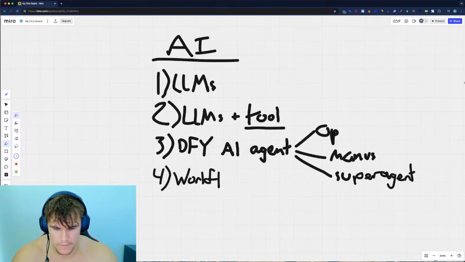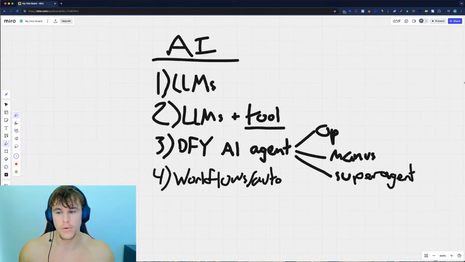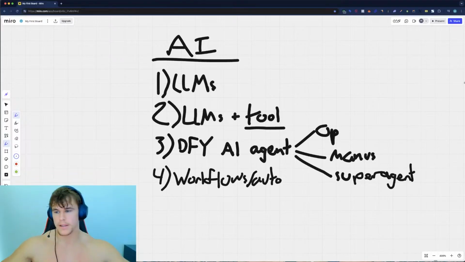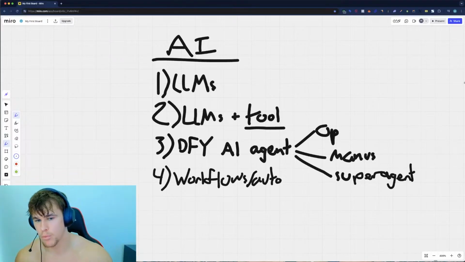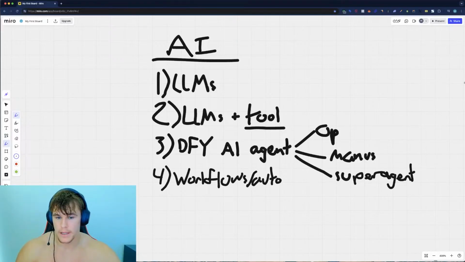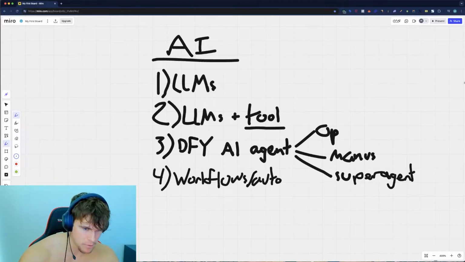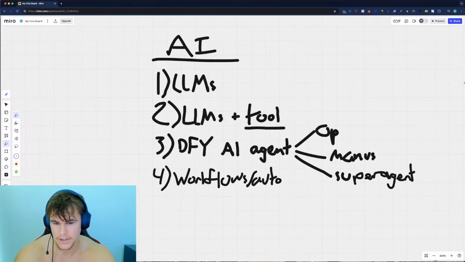Let me explain the difference. LLMs only work if you work. You say, hey, ChatGPT, do this for me. Here's a prompt, give me this output. Cool. The minute you stop working, ChatGPT also stops working. Then you have level 2, LLMs plus tools. This is like using, for example, the image generation feature within ChatGPT, deep research, Perplexity, Gemini, Blackbox, tools like that. Level 3 is using done-for-you, out-of-the-box AI agents.